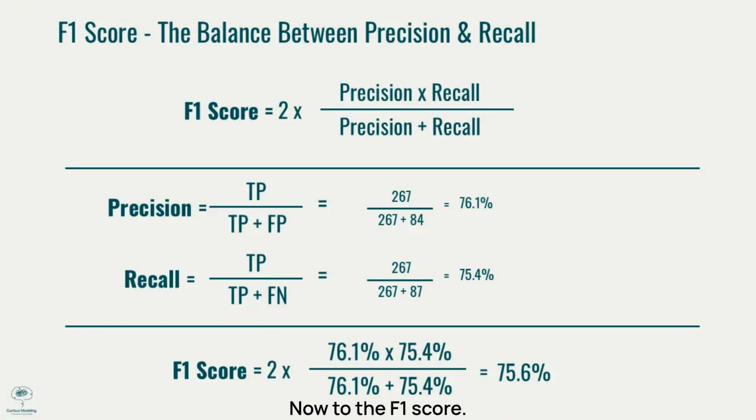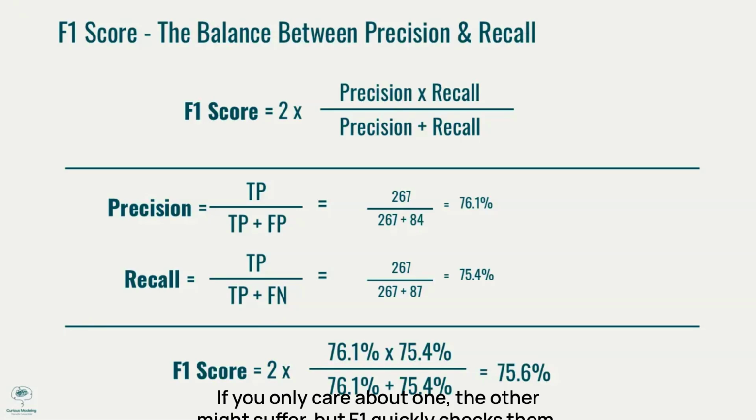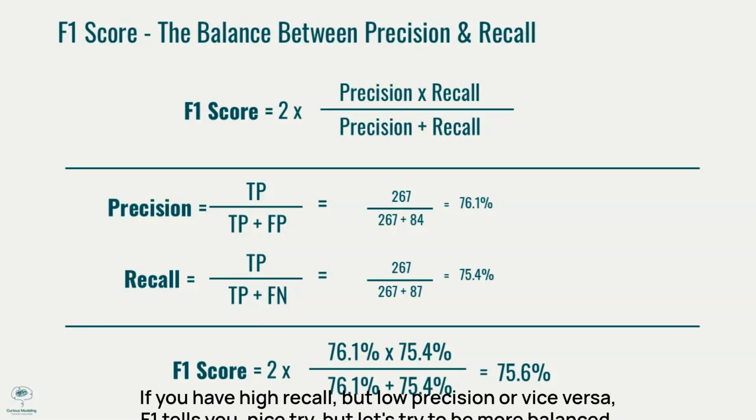Now to the F1 score. This is a combo metric. The F1 score balances precision and recall. If you only care about one, the other might suffer, but F1 quickly checks them. The F1 score is like the Goldilocks metric, a balance between precision and recall. F1 is 2 times the precision times recall divided by precision plus recall. If you have high recall but low precision, or vice versa, F1 tells you, nice try, but let's try to